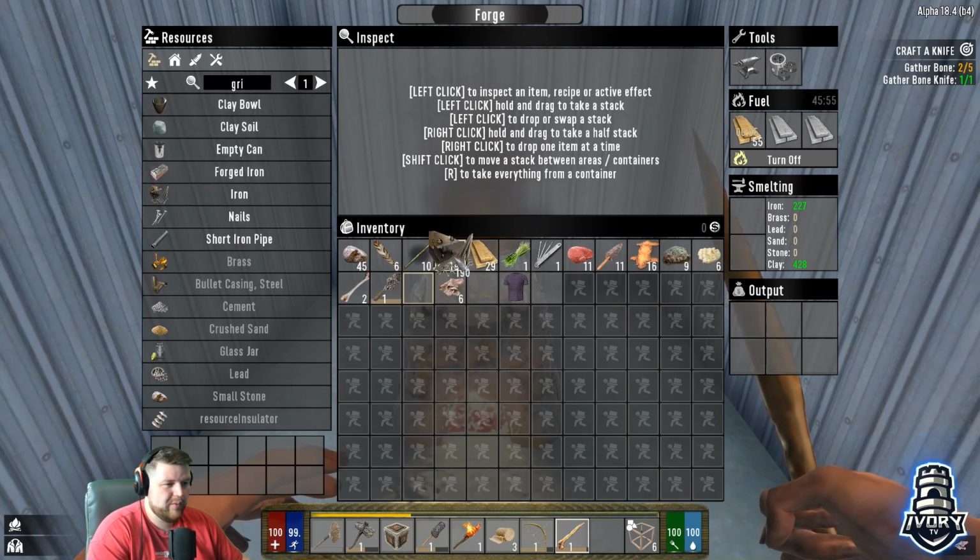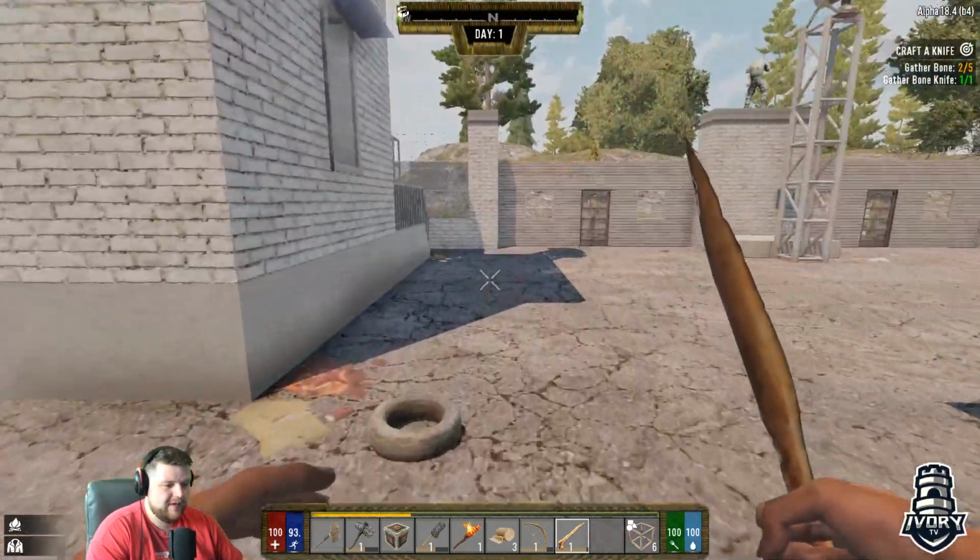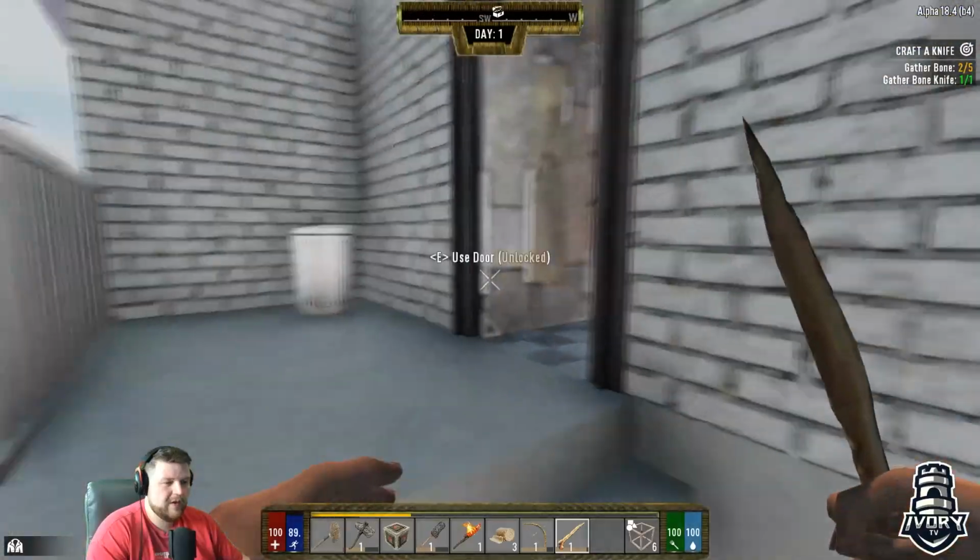So we'll go ahead and break down. Where did I get all this iron? I don't even know where I got all this iron at. I don't know. I'll take it though. Okay, so we got that in there. And what was I doing? I wanted to make...